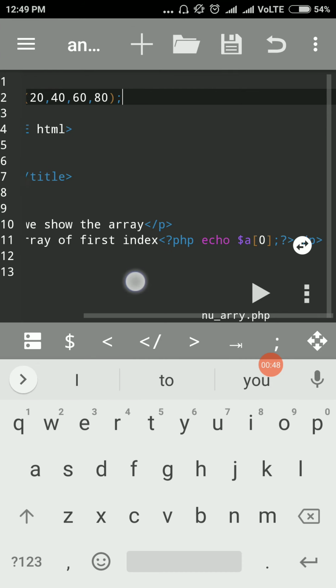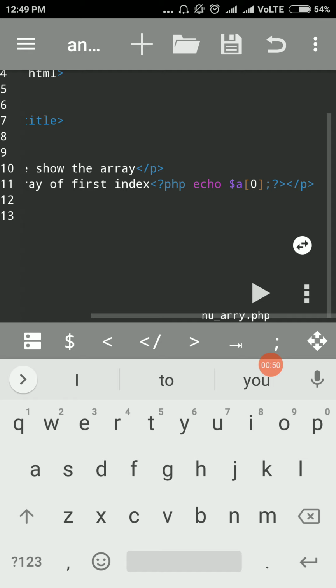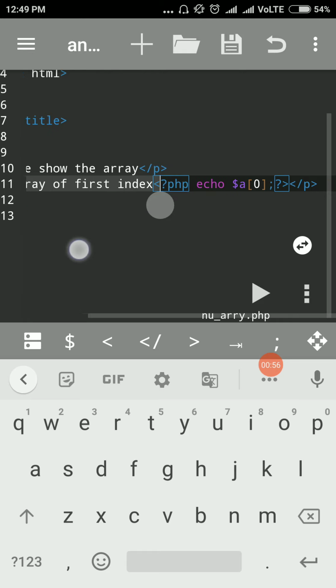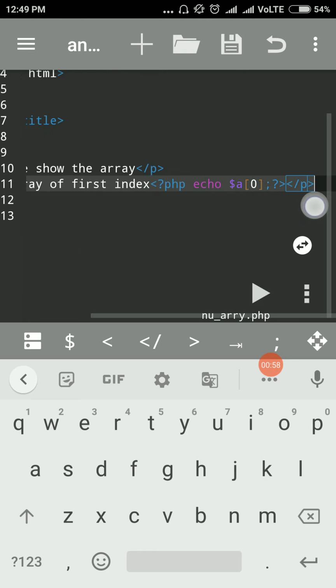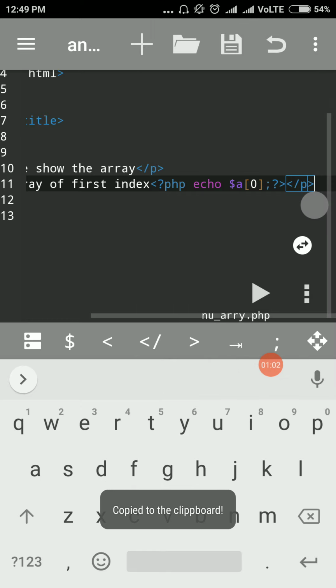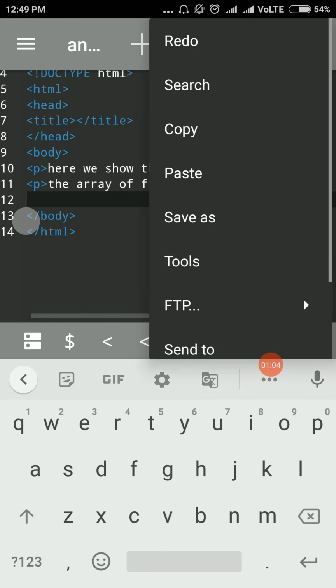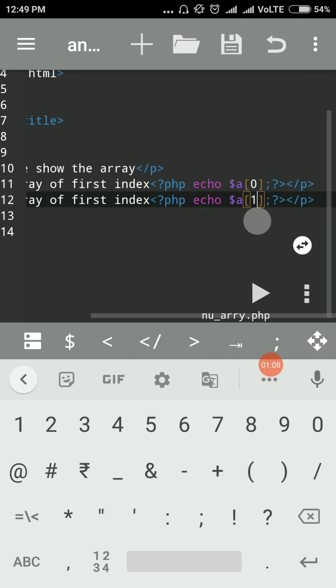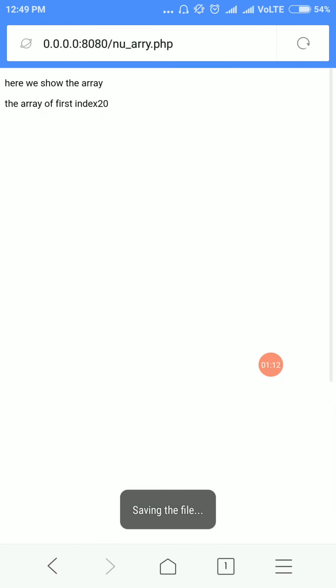Again we take a copy here, and then paste it, and this time we take the value at index one. Save as. We come here and refresh.